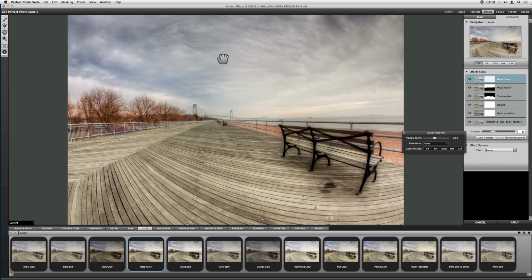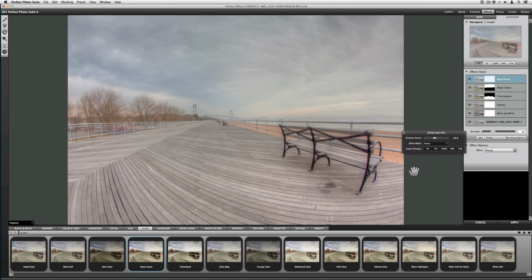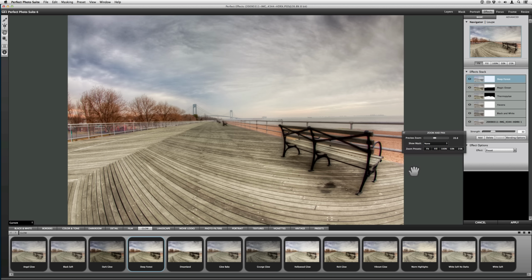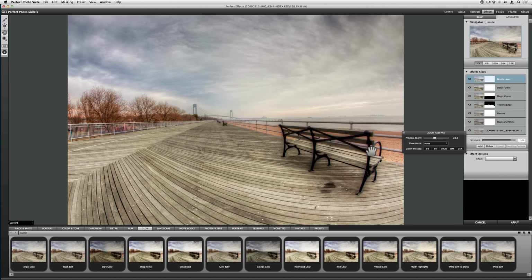All right, so let's see the before and the after. I'm going to hit Command P on a Mac or Control P on a PC. That's what we started with. Here's what we ended with, but we're not done yet. We're not done. I'm going to also go ahead here to, let me hit add. I'm going to go to the, actually I'm not going to add the vignette here. I'm going to go straight from here over to